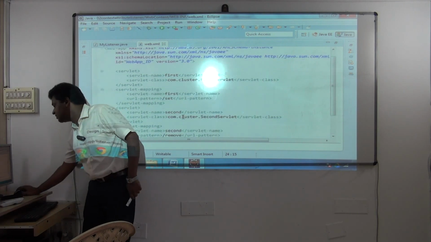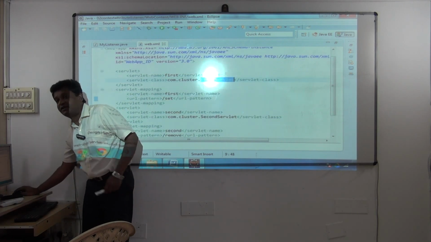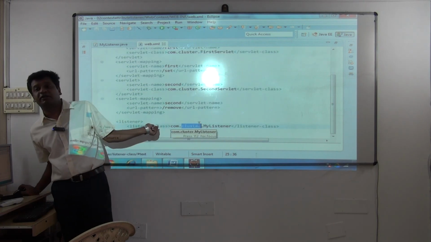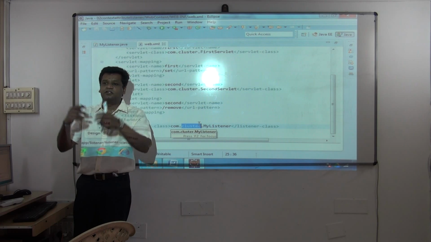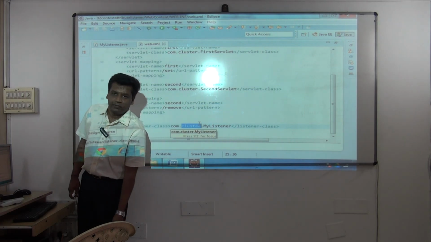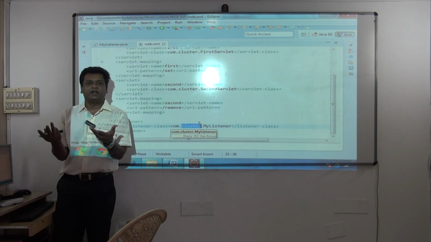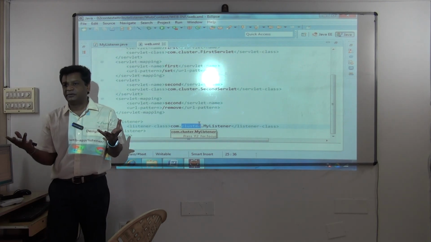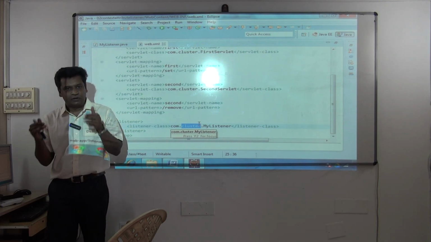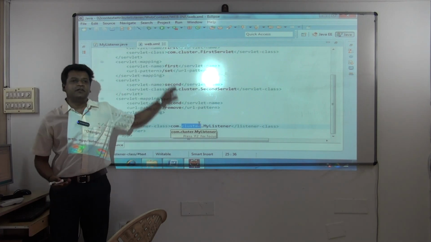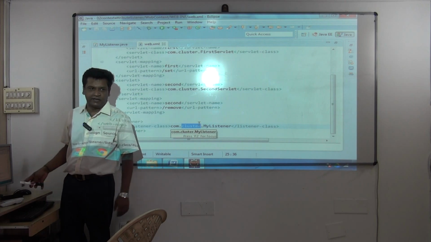If the URL comes as set, it should execute the first servlet. Similarly, if that event happens, it should execute the code in this class. So you are registering all these things with the server by writing them in web.xml. Remember, it is metadata programming. By simply writing one class, the container will not know what to do. So you have to write your class and give all the information about it to the container by specifying it in web.xml like this.